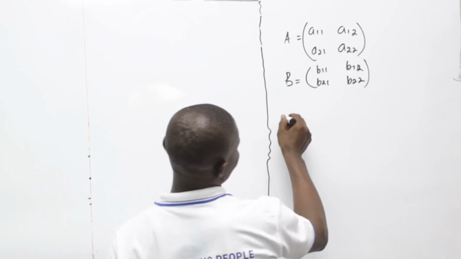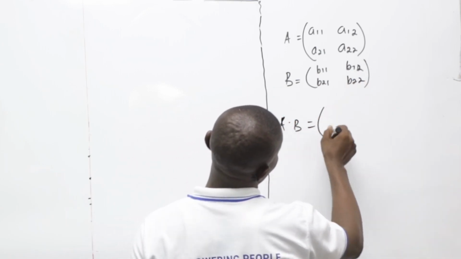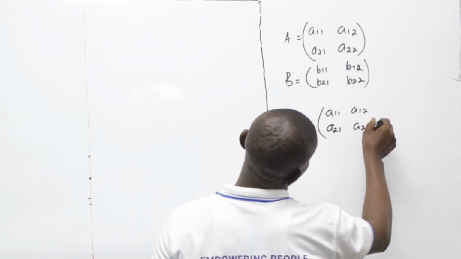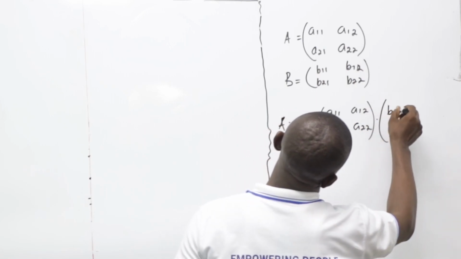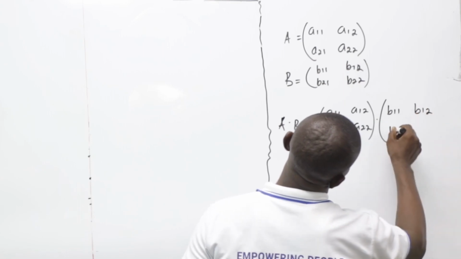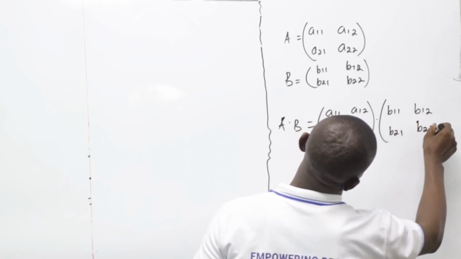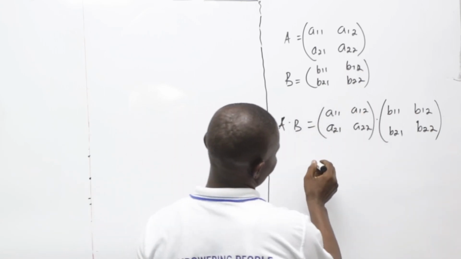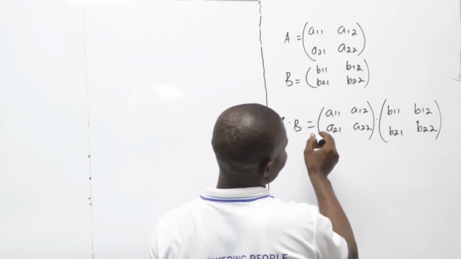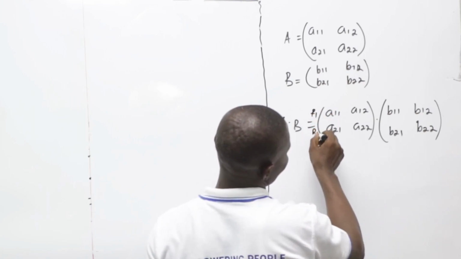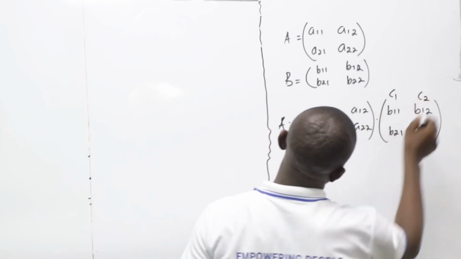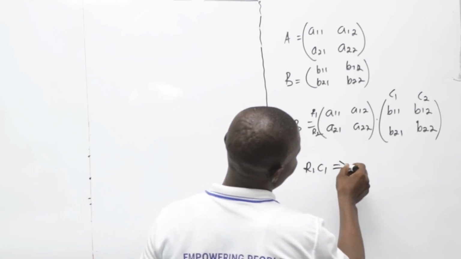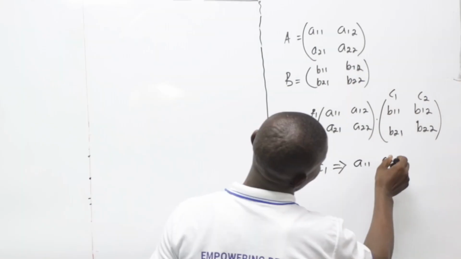The multiplication, that is A dot B, equals A11, A12, A21, A22 dot B11, B12, B21, B22. So to do this, the first one, which is A, implies that this is row 1, row 2, column 1, column 2. That is row 1, column 1 implies A11, A12